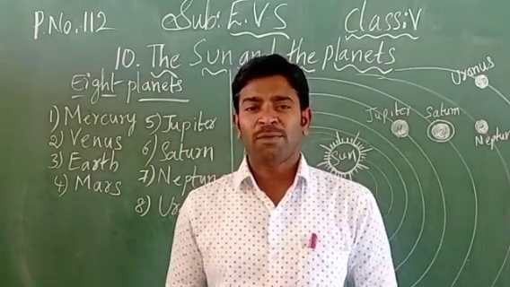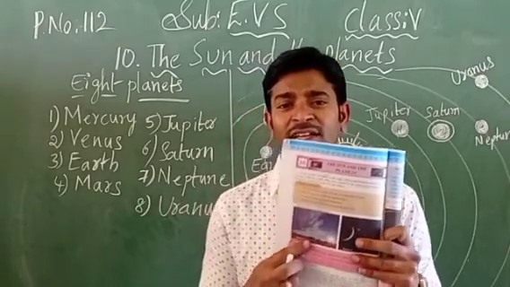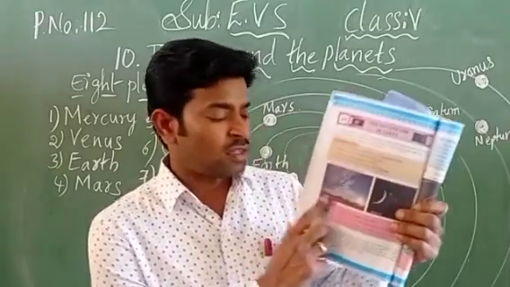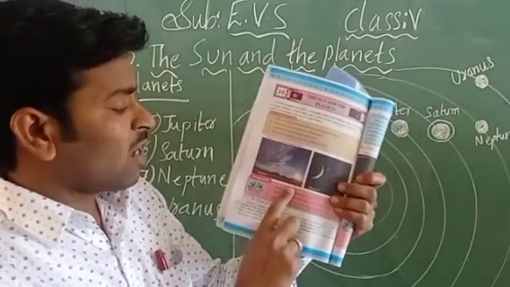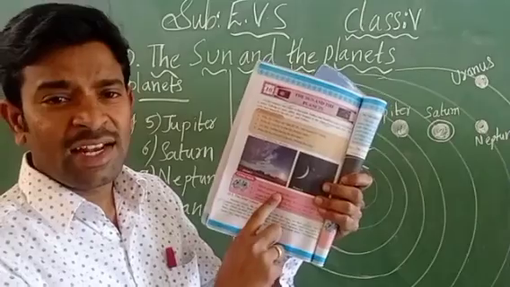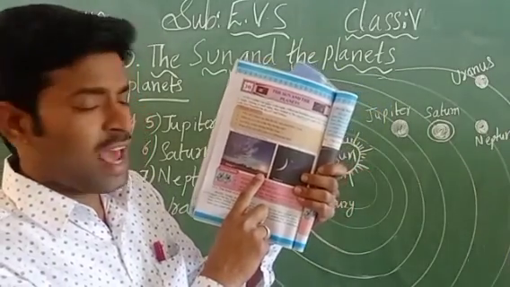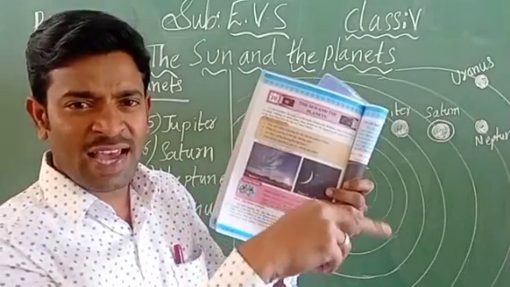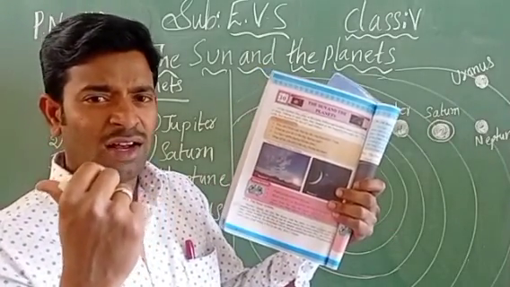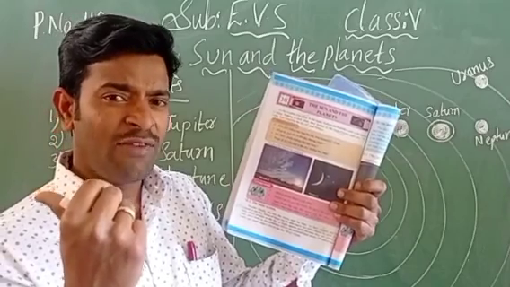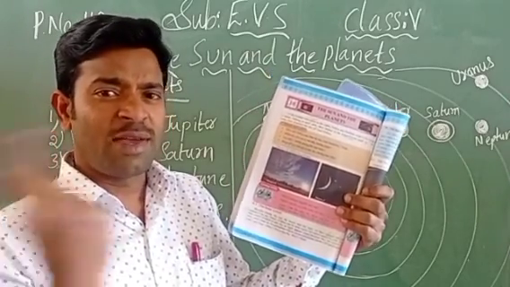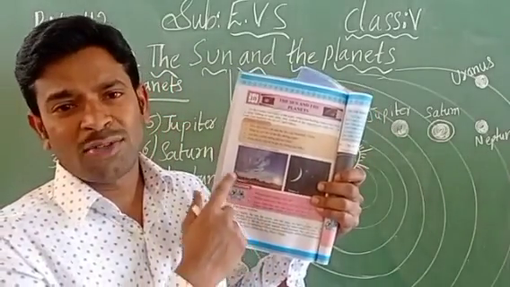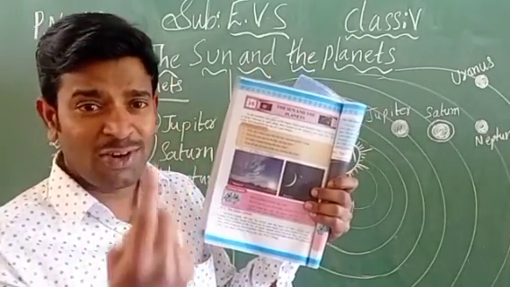Next one. Observe the following pictures. Are you able to see the pictures? Here, the first and second pictures are given. In the first picture, what is seen, children? A clear ground is seen. When you are standing on the ground, you are able to see the sun. The sun is going to rise. If you see early in the morning, it will be on the east side. And when you look in the evening time, the sun will be on the west side: east, west. Okay, next one. What is seen? A clear sky. The clouds are moving from one place to another. Like that you are able to see.